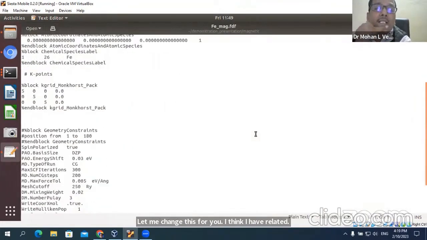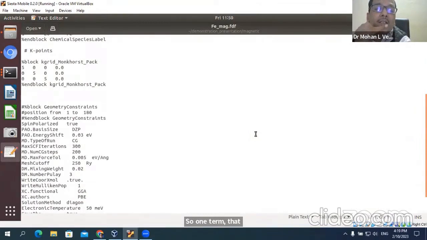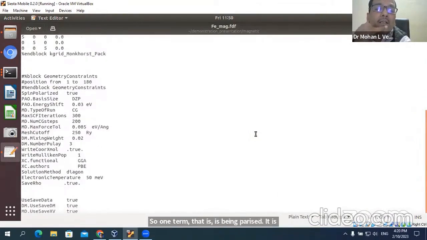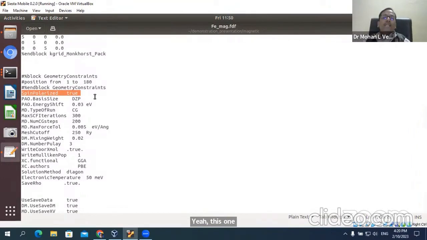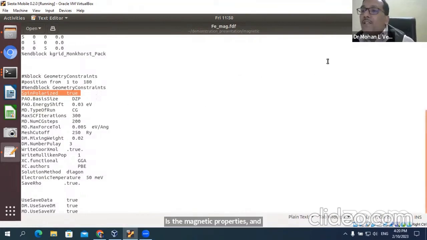So one term that is included here is spin polarized true. It is an additional line added in the FDF file to get the magnetic properties. And when we add this and run the Siesta program, this creates